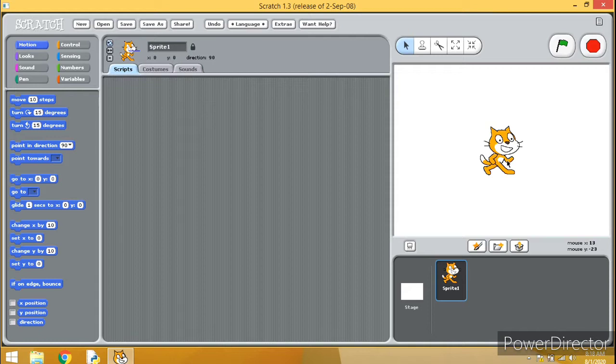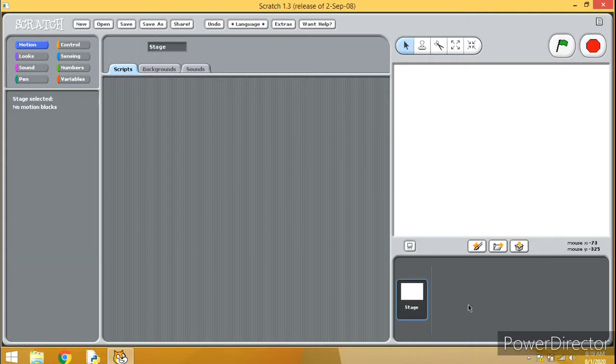We don't want this cat to dance, so I should remove it with the delete option. Now, to get a dance, the very first thing we need is the stage.